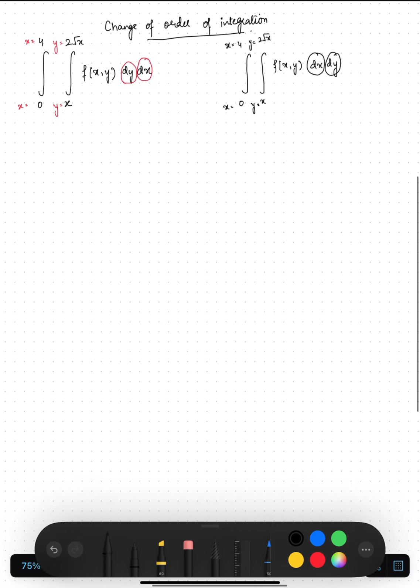So what we will be doing here, either we need to interchange the limits, so that this limit will be x is equal to something to x is equal to something, or we can simply interchange this order. Interchanging of this order is not a crucial task, but interchanging the limits, that is to make this limit x is equal to something to x is equal to something, and this limit y is equal to something to y is equal to something, involves serious considerations,